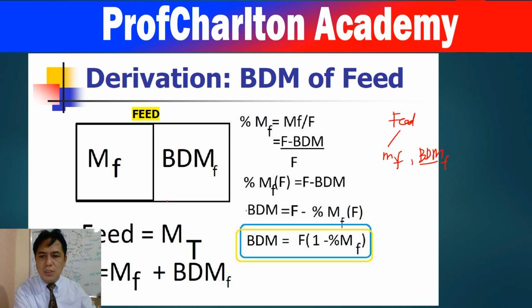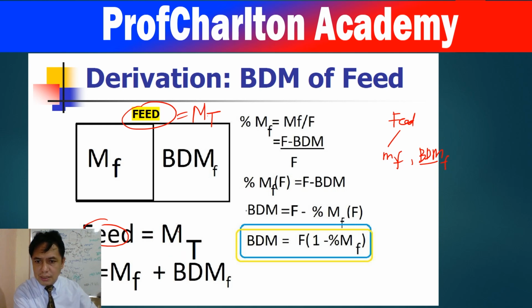The feed is the total. When we talk about feed, it is the same as this: MT, the total mass. The total mass that we are talking about is the mass flow of the feed and then the bone dry mass of the feed. So if we are going to put that into an equation and do some manipulation,